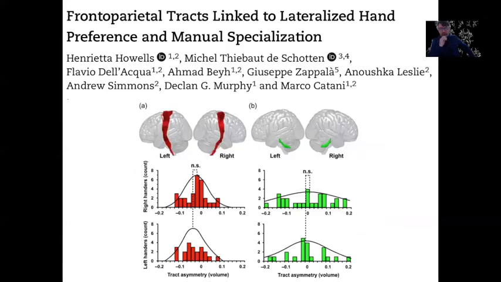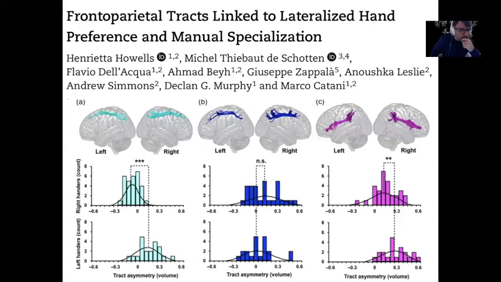Now, we tried to explore this with Dr. Owell, who first looked at the lateralization of different tracts in the population, such as the corticospinal tract, which is not so well lateralized at the population level. She looked at the cerebellar tract, and the same thing, not so well lateralized. She really compared it between right-handers and left-handers, and when you do that, you don't find any difference between the two.